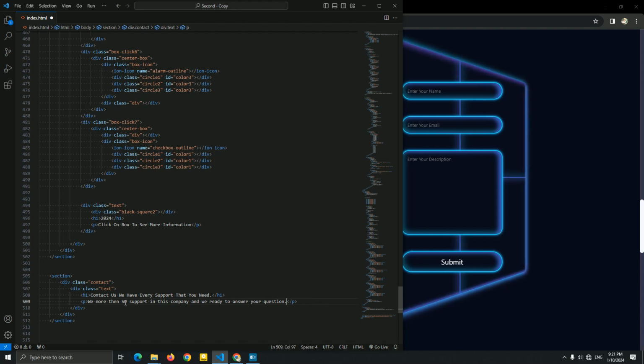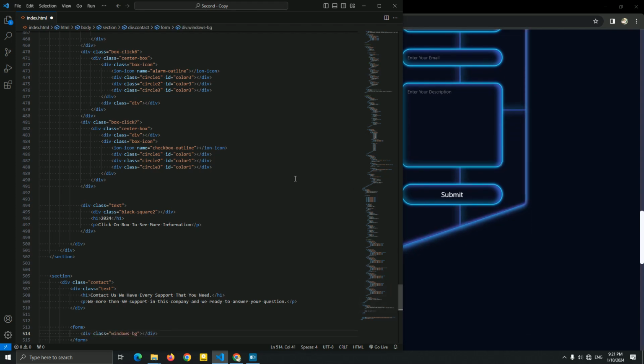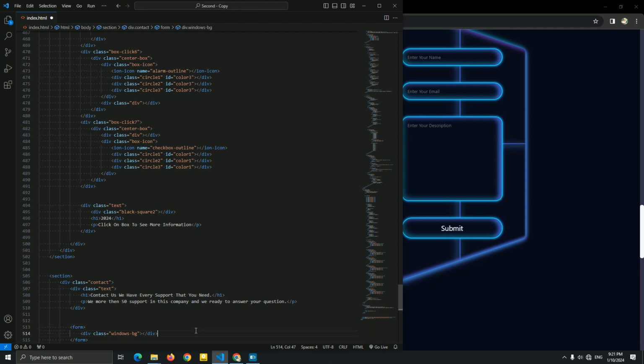So now inside of this contact, I'm gonna create a form, and we don't need action. I'm gonna first create this div for this background. So I'm just gonna name it Windows BG as a Windows background. Okay, now let me just create the input for this.